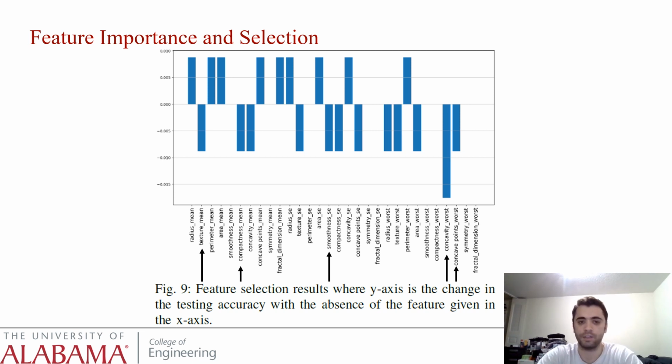For example, normally we have 30 features, but in each iteration we discard one feature, so we are left with 29 features, and we observe the change in the accuracy. If there's a negative change, it means that feature is important, so discarding it would harm the performance of the model. Applying this technique,